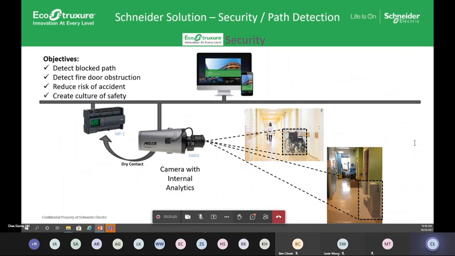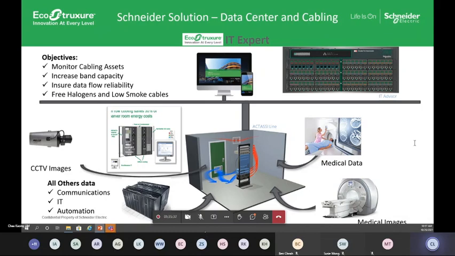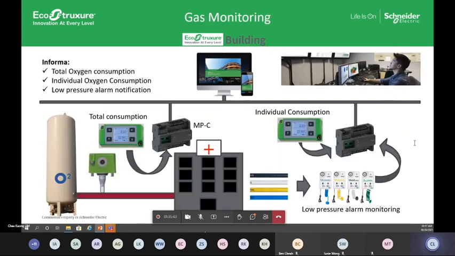All right. So in our world, when it comes to card access, we are able to connect not only to the card access, we are able to connect most industry communicable video to provide visualization to the hospital operators, and also at the same time to do playback and recordings if required. All right. And of course, IT, I mentioned a lot already. Data centers, we do have a data center solution for it. And building open architecture.